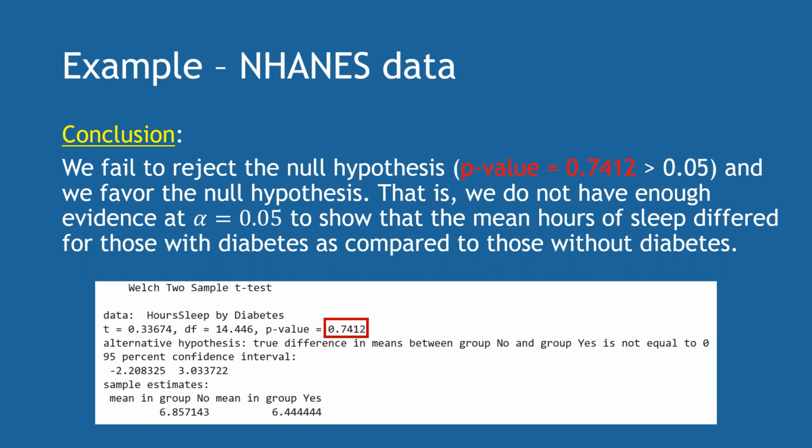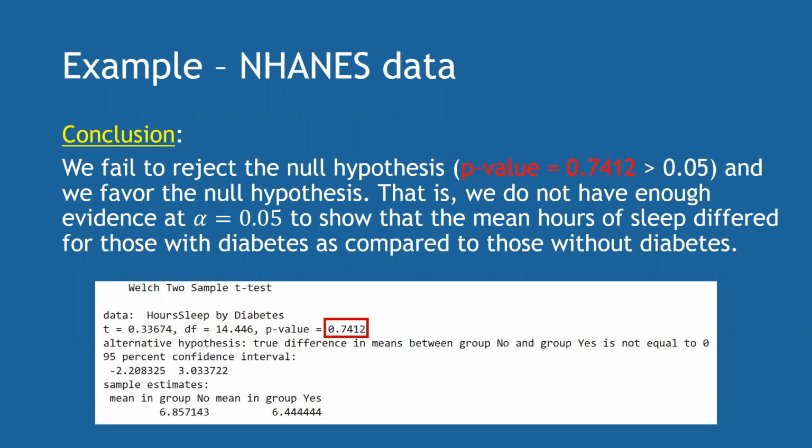It is 0.7412. Now, 0.7412 is greater than 0.05. So based on that chart that we looked at before, this means that we're going to fail to reject the null hypothesis. So the way that we would write this conclusion is that we fail to reject the null hypothesis,